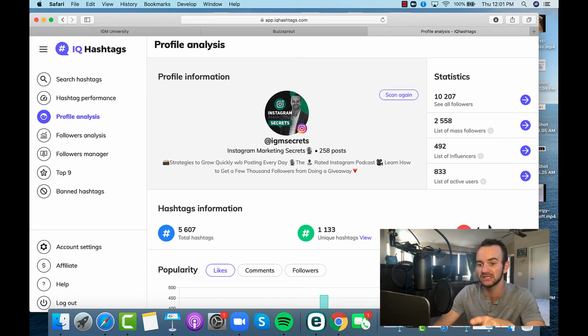And this is really something that is very useful to have, this banned hashtags tool. Unfortunately, this is a paid app, but it's not much. I believe it's $19 a month, or you can get it for $12 a month if you do their yearly pay plan. But just for that feature alone, just coming on and using this for even the first month that you get it, just to go find if you have any banned hashtags and then delete them, and then even get rid of the subscription if you want to, is totally worth it in my opinion,